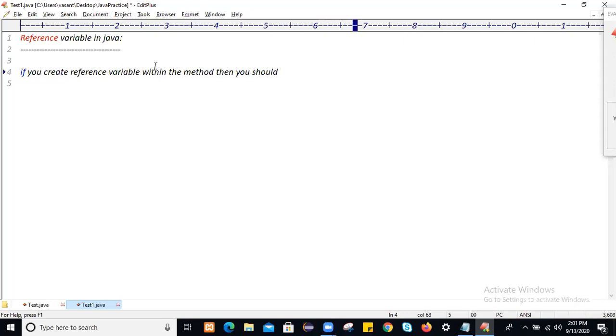Okay, then you should have to use it only within that created method, like we create a local variable.